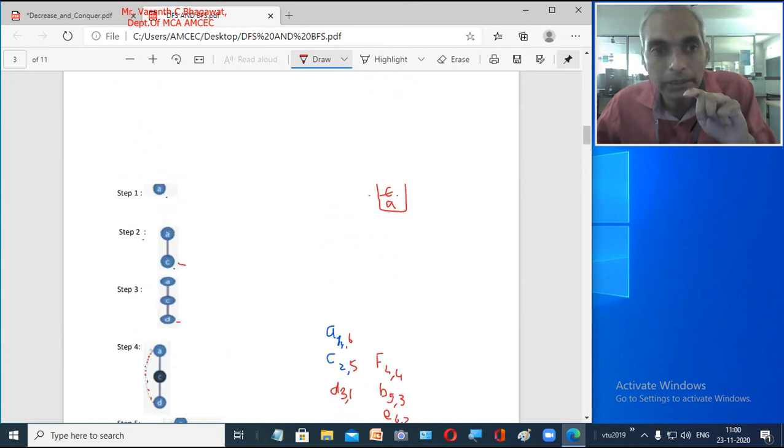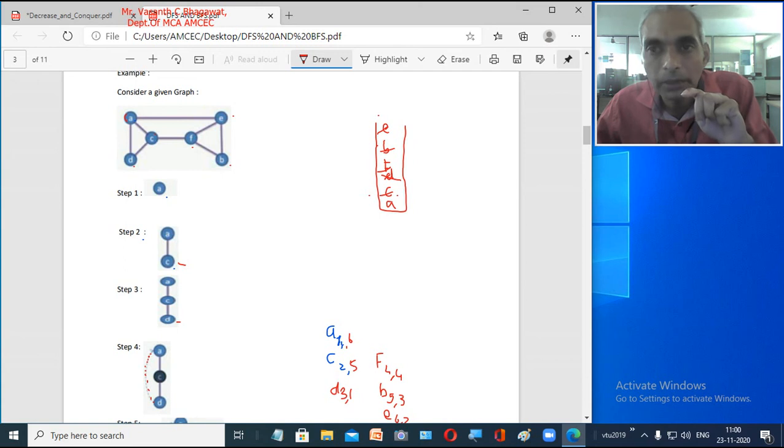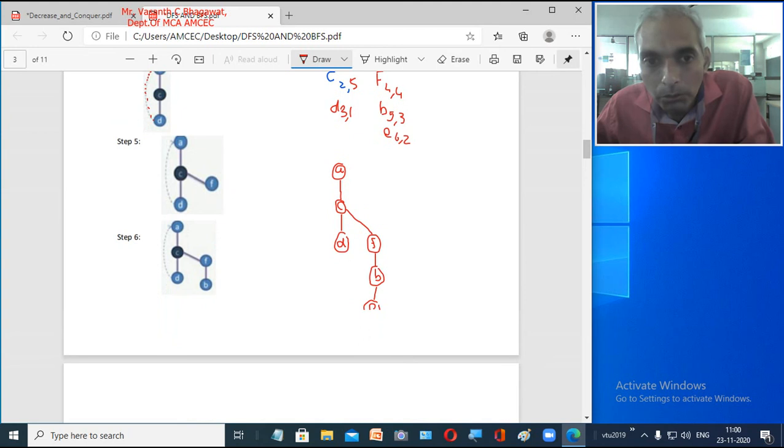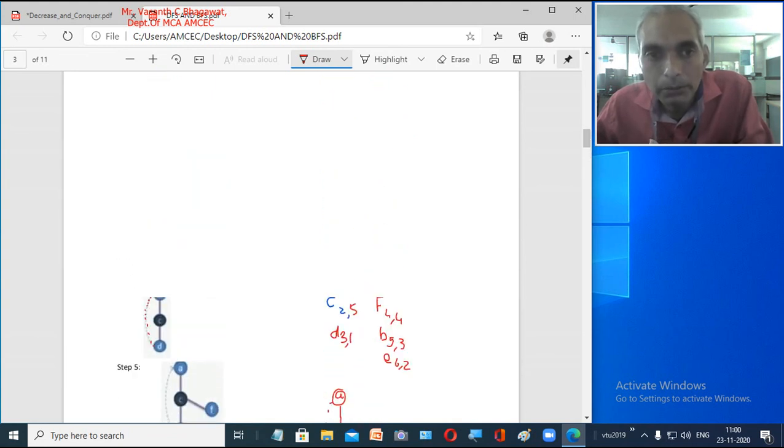Right? So now you can see here from A to D you have an edge. From A to D you have an edge here. Now you come to your forest. Now A to D, have you drawn any edge? Have you drawn any edge from A to D? No. So what we do, from A to D we will draw a dotted line or dotted edge. Now this will be our back edge, right? So now how many edges we got? 1, 2, 3, 4, 5, 6. Still 2 are missing, right? Now you just see which are those missing.